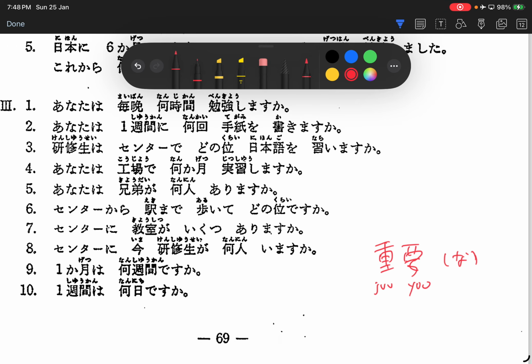Rachel, あなたは1週間に何回手紙を書きますか？I don't have a very nice answer. 書きません。Okay, never mind, I'll skip you. Thank you. Yes, Warren. So the question 2, is it? Yes. 1週間に何回？